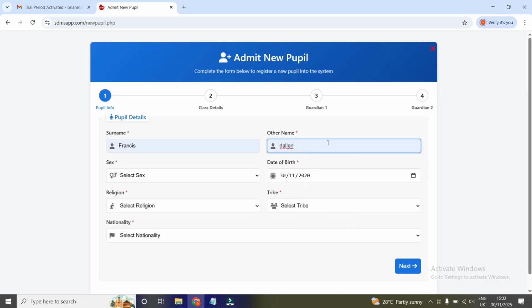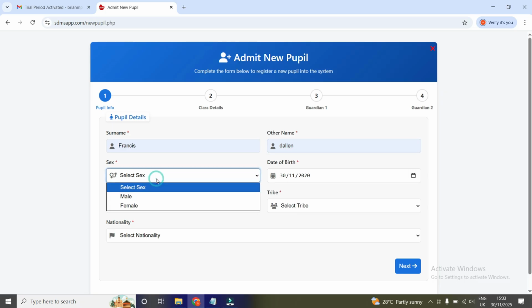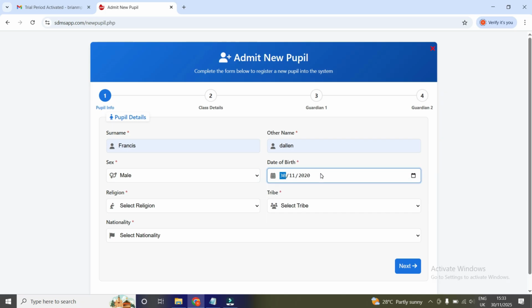For sex, we say this child is male, and then we put in the date of birth. We have a default figure,